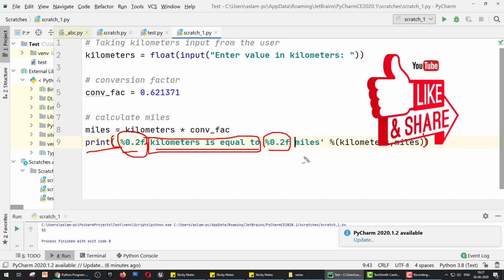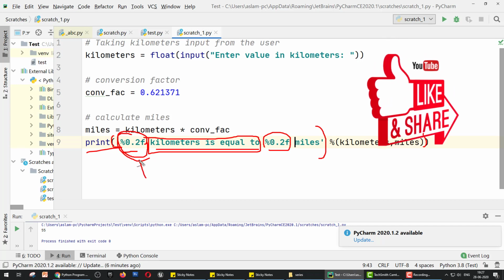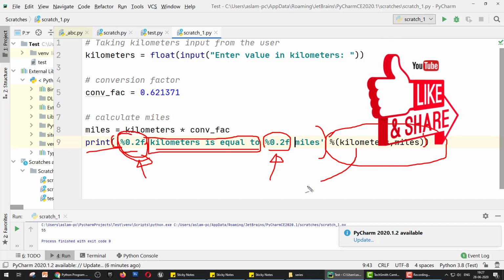Okay, but this is the string. But how can this line know that here is kilometers and here is miles? You can see here we take a format, percent bracket kilometers comma miles. It means first kilometers is going here and the second, miles, is going here.